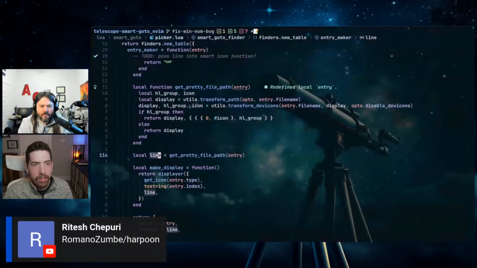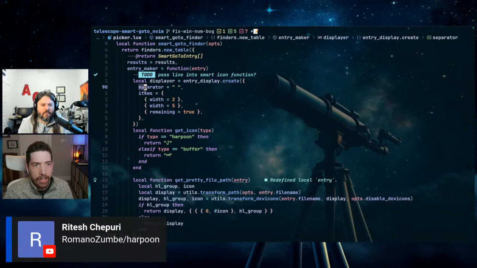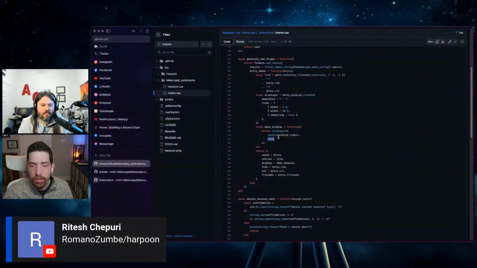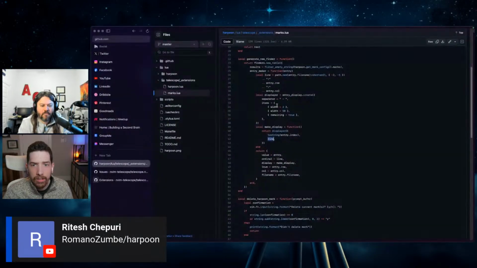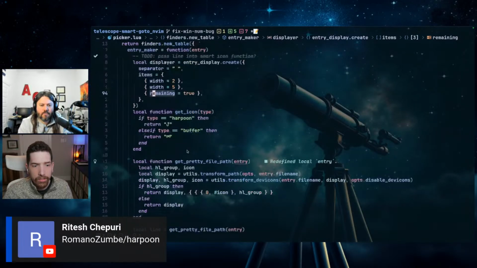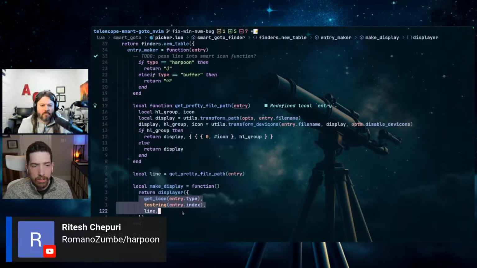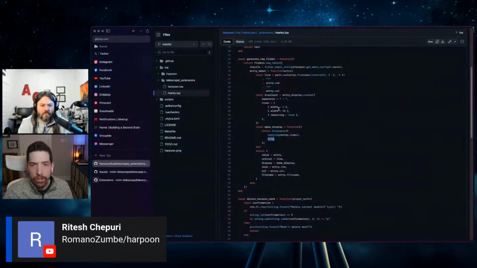And my displayer entry display create is up here, entry display create, and I have a separator. He has a separator. He has items, which I have items. So, I mean, we're looking at the same thing mostly. Even the icon, I generate the icon and pass it in on, where do I pass it? I think I pass it on down here. So there's these 3 entries, and the 3 entries are mapped to these 3 entries. So my only question is like, he's got width